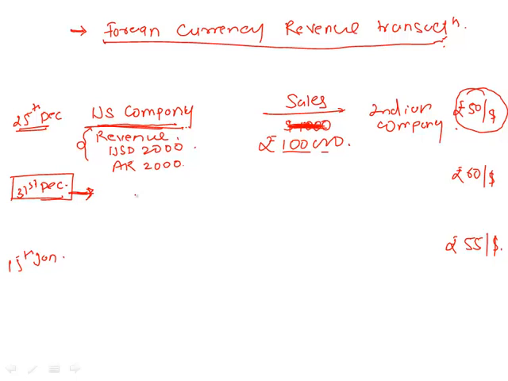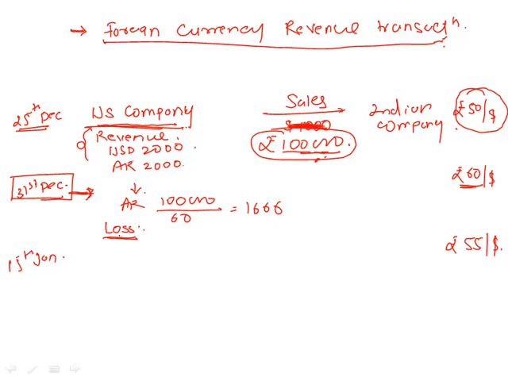But on this particular day, your accounts receivable with the current exchange rate, because your receivable is 100,000 Indian rupees, current rate being 60, your accounts receivable now has become 100,000 divided by 60, that would be 1666. That means on this day, we will have to recognize a foreign currency translation loss, which would be of